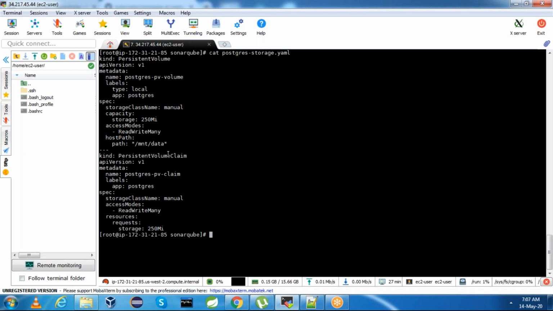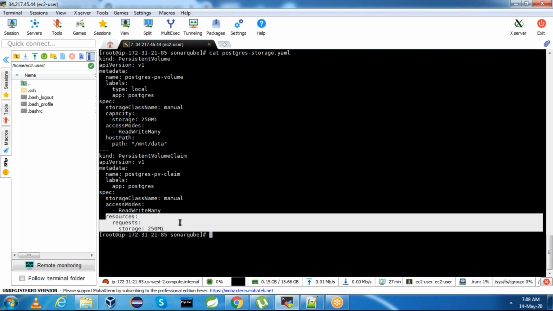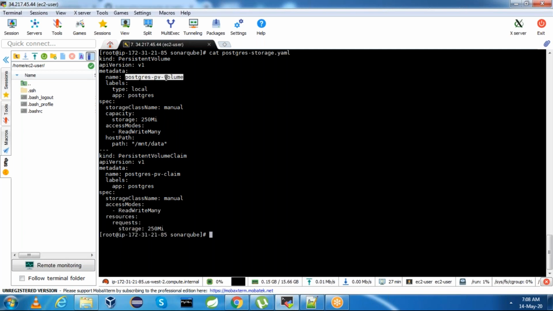Second, you have the persistent volume claim, where you mention storage class manual, access mode ReadWriteMany, and you request 250 MB. One is the persistent volume, another is the persistent volume claim.